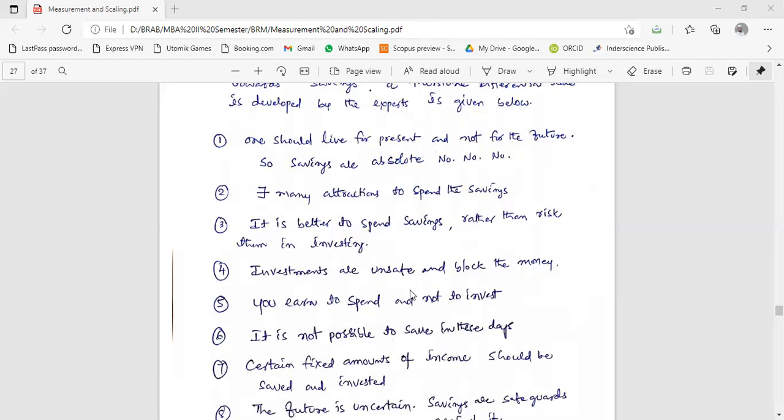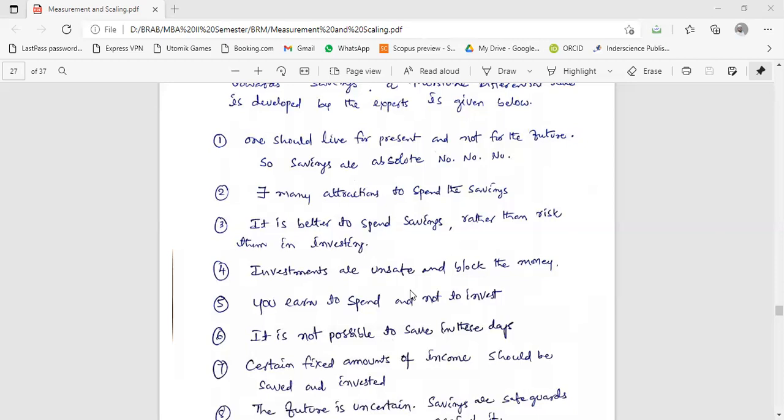In this statement, they mentioned that they will only care for the present, not for the future. So it's unfavorable. It is a statement, not a sentence, right? Correct. It is a most unfavorable statement. If somebody is saying like this, will you agree? You don't listen to them, right? Yes, sir. Next statement.